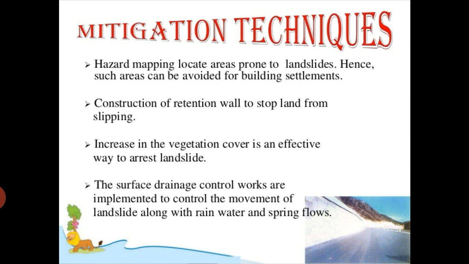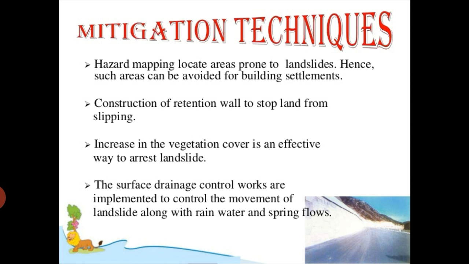Okay. Then the fourth one is the surface drainage control work. So controlling the flow of the rivers, because floods are also one of the reasons for landslides. So controlling the flow of the rivers and the passage of the water is another important aspect of mitigation of landslides. So what we can do is build drainage systems in those hilly regions in order to control the flow of the river and the passage of the water.